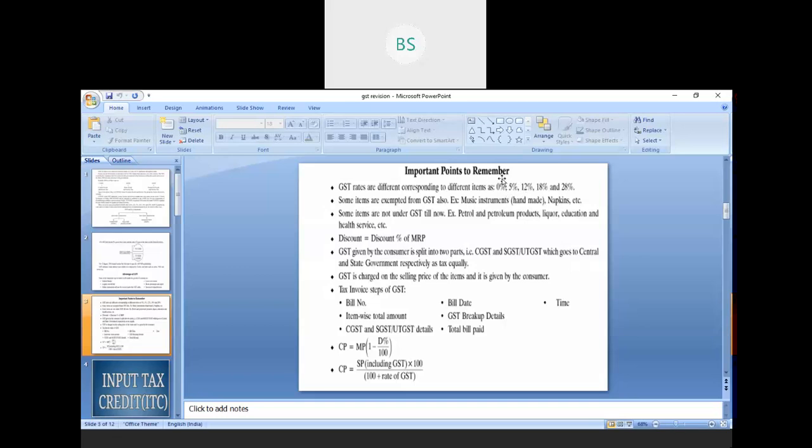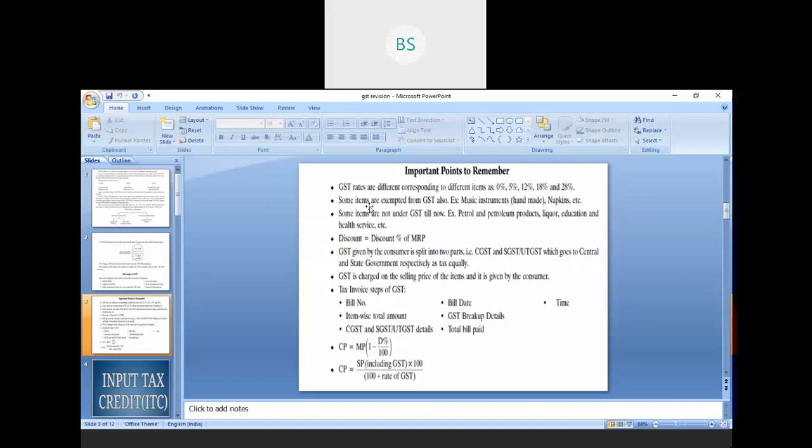For example, if the GST on an item is 0%, there is no GST. Maybe for a particular item the government has declared 5% GST, maybe for the TV 12%, maybe for the car 18%. It means GST of 18% cannot apply to all items. The government has given different rates: 0, 5, 12, 18 and 28. There are 5 types mentioned.